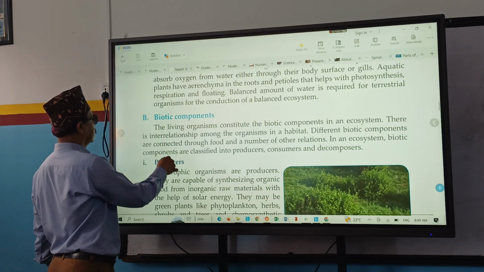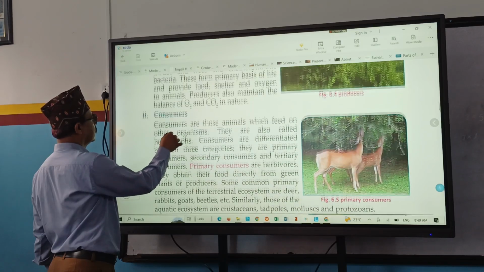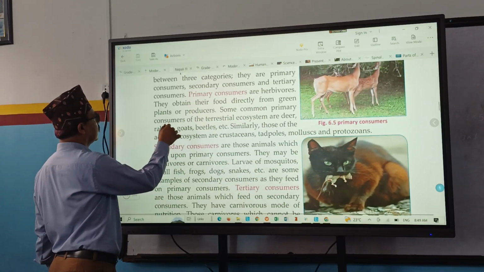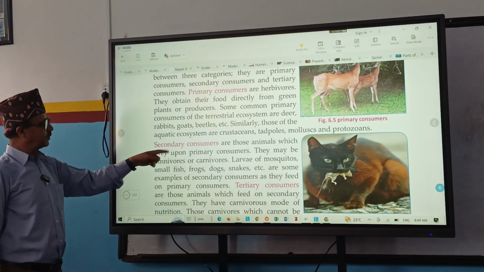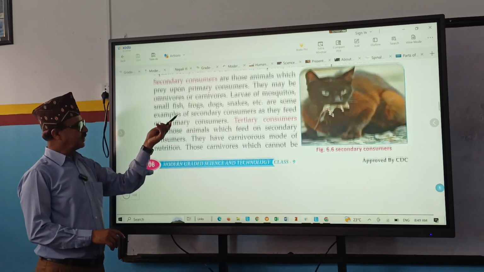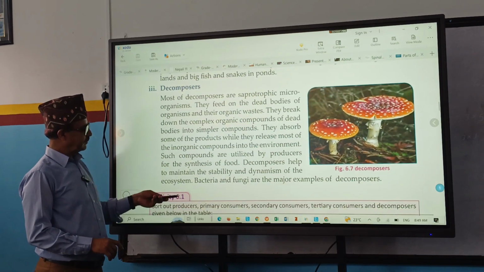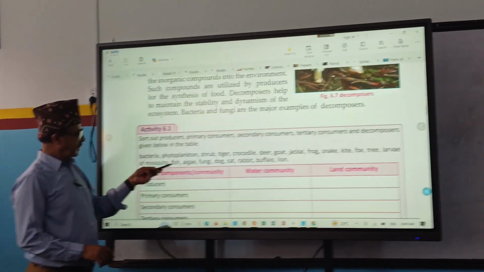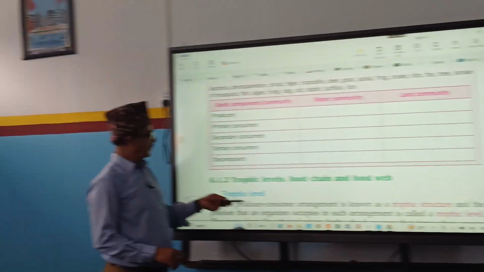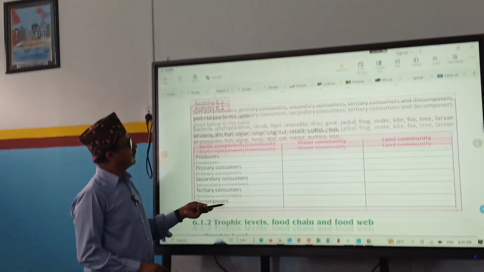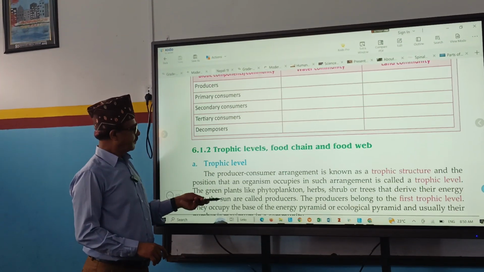Biotic components: producers, consumers. There are different types of consumers: primary consumer, secondary consumer, tertiary consumer, then decomposers. Okay. Then next one is the differences between primary consumer,